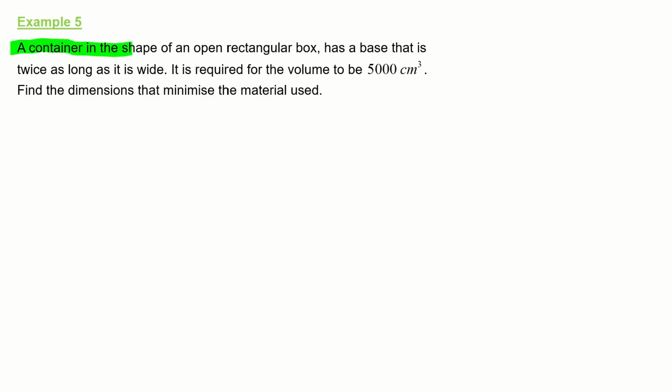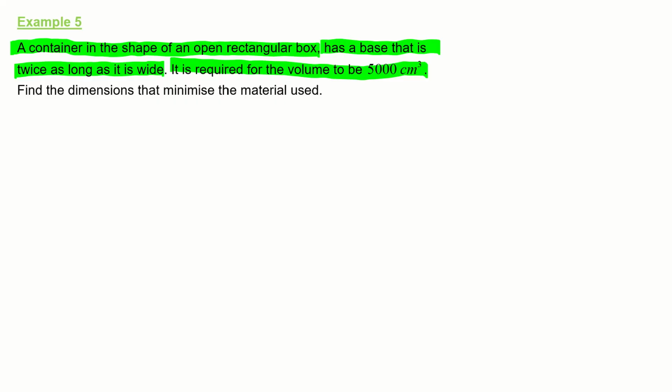A container in the shape of an open rectangular box has a base that is twice as long as it is wide. It is required for the volume to be 5,000 cubic centimeters. Find the dimensions that minimize the material used. So,